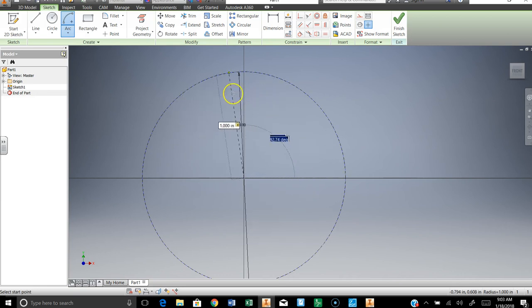Now, I got to click 2 points. So I'm going to click the first one here straight up. It doesn't really matter where, but so that the angle there is 90. I'm going to click once. Then I'm going to slide over, and this is now I'm going to define how much of an arc I want. Do I want 36.25 degrees? Do I want 8.12 degrees? Well, in this case, I think I'm going to do 20 degrees. So I type 20, and I hit Enter. And I just made an arc, which is a piece of a circle. That's all an arc is. It's a piece of a circle whose radius would be 1 inch, and I made it 20 degrees worth,